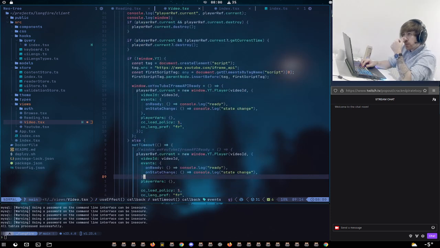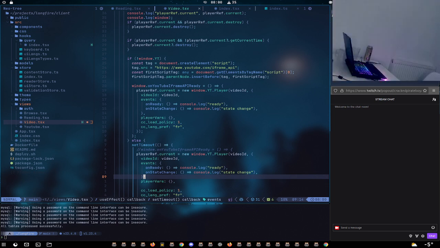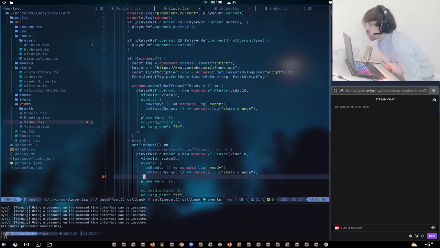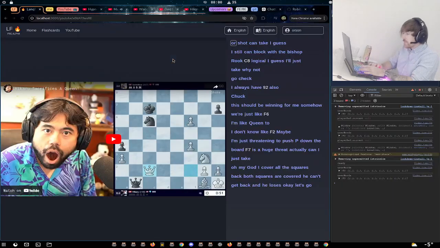I don't know which of the spotlights is dying on me. Probably not good for your eyes. I feel like turning those lights off. It doesn't affect the stream much, I don't think. I have a lamp here. It should be still quite bright on camera. Yeah, it's so bright.